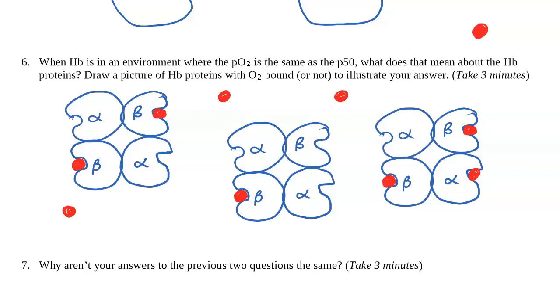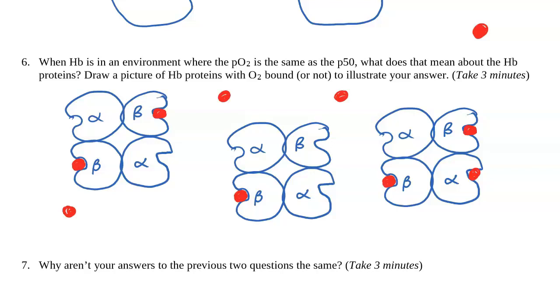But if I look at the first hemoglobin, there are 2 filled, the second one has only 1, and the third one has 3. So it doesn't have to be that all of them are 50-50. You just have to have a total of the binding sites filled. And so yes, this is consistent.